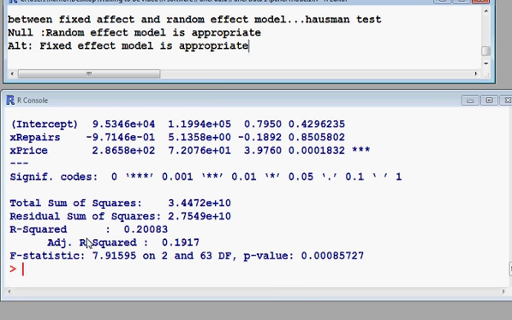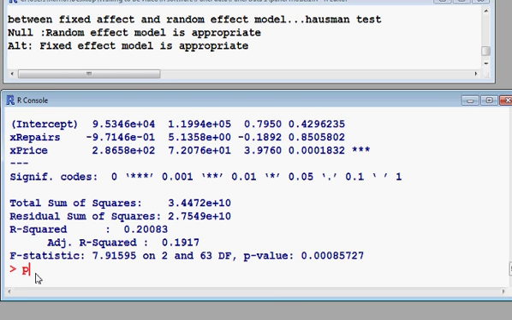Okay, and now I put the command to estimate the Hausman test,